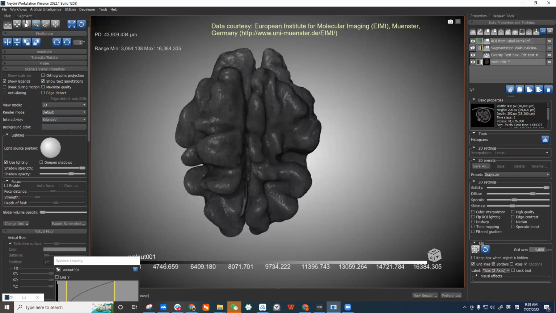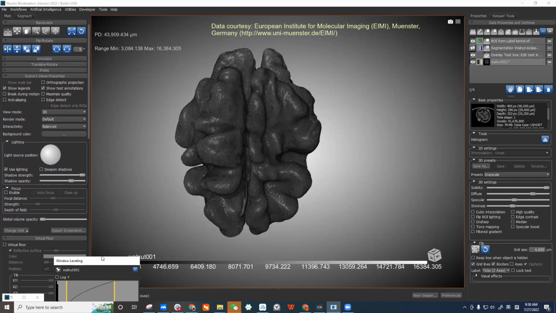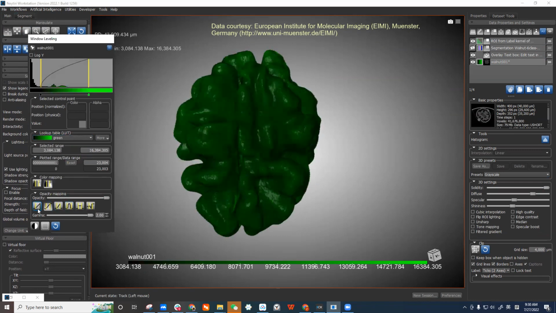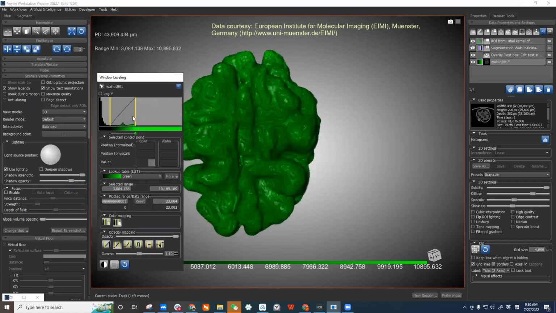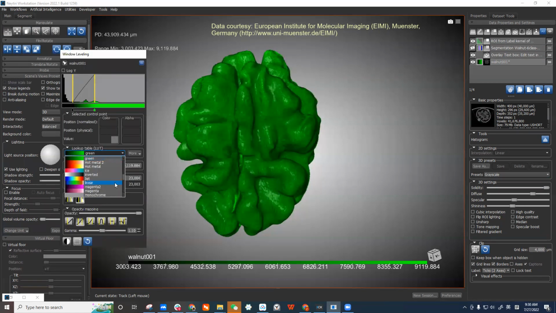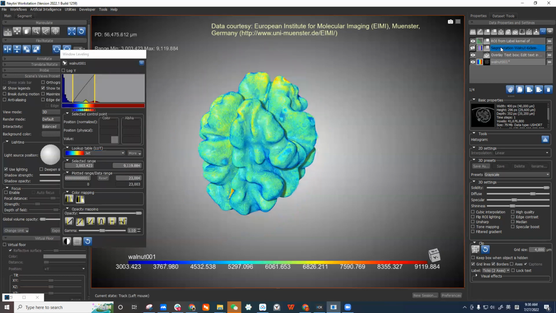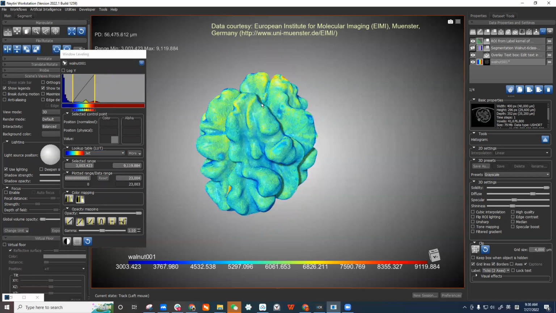So I go back to window levels, which is here. See, I can use some other lookup table to show colors. Not the best, but something like this. So it shows only the ROI, but with the intensity information also, because I'm showing